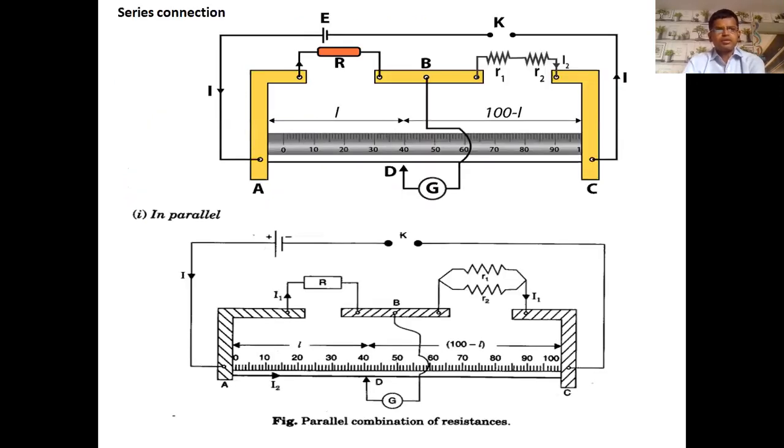So, starting with the connection. Now we show the connection in series. R1 and R2 are both connected in series in one line. The remaining connection is the same as in practical number two. In parallel, the remaining circuit is the same, just changing R1 and R2, both connected one above the other. So friends, it is a very simple connection. Whenever you solve the connection in the second practical, the third one is definitely very easy.